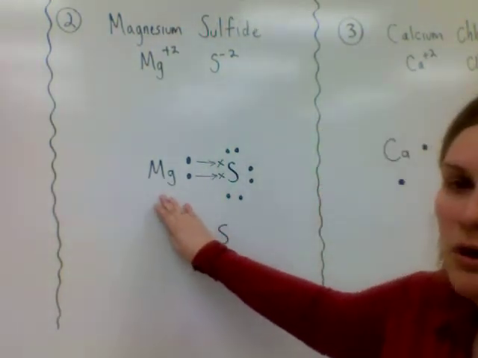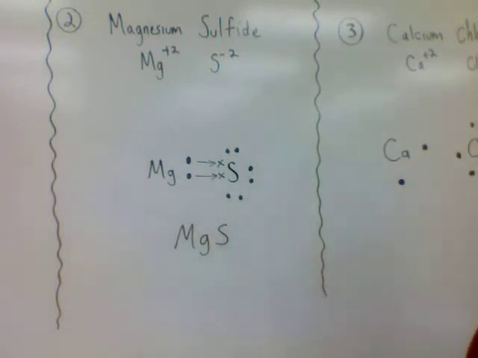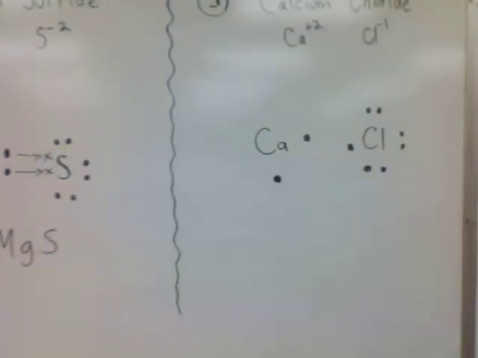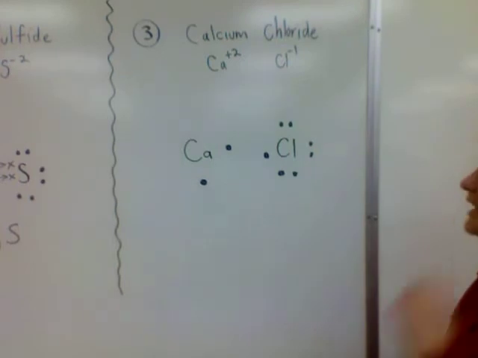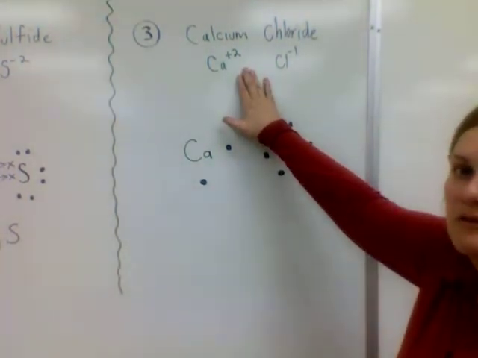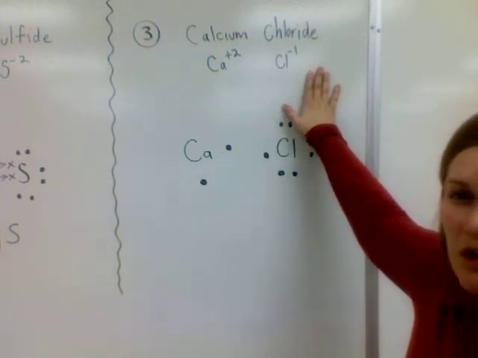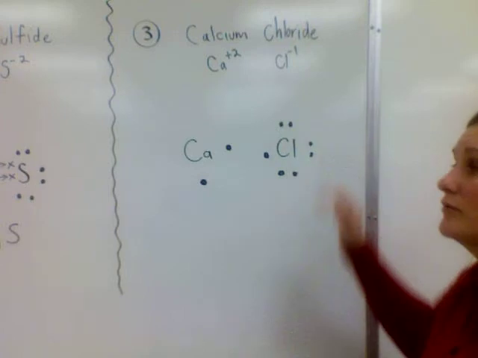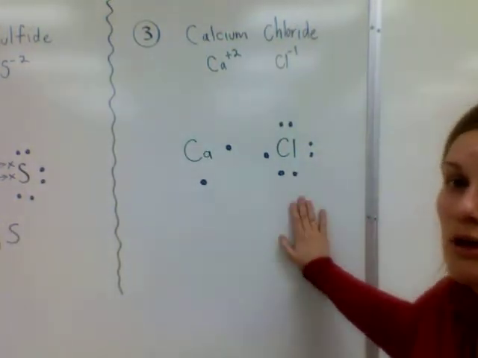You can move all of your electrons from your magnesium over to your sulfur. That's pretty easy as well. But once we get into something that's a little bit more complicated, like calcium chloride, it's not such a perfect match in the transfer of electrons. So calcium and chlorine have different charges, or different numbers of electrons that need to be moved or can be moved. So calcium is sitting here and it needs to get rid of 2 electrons, but chlorine can only take